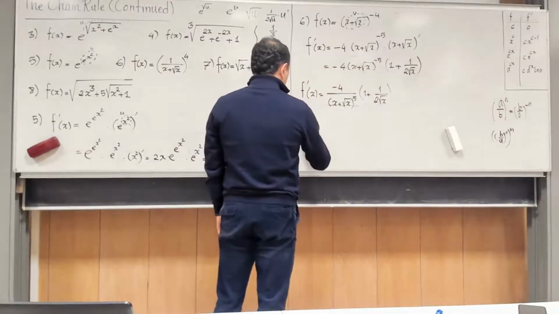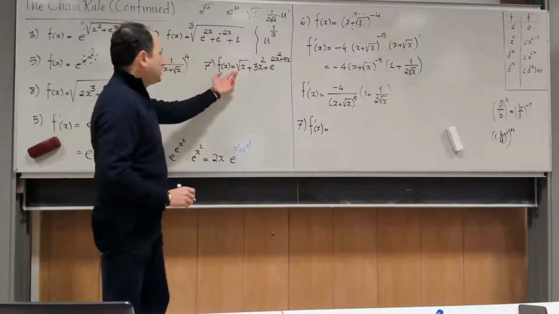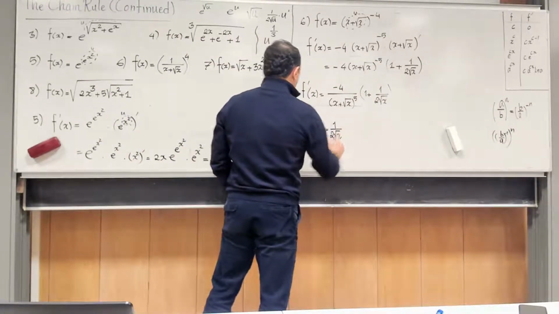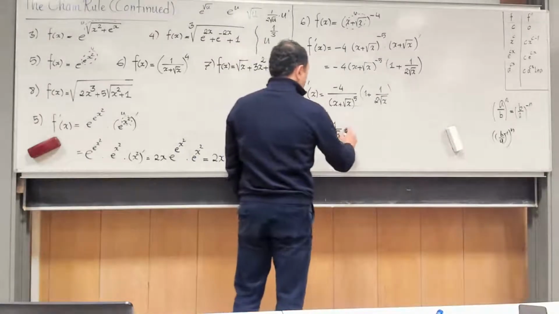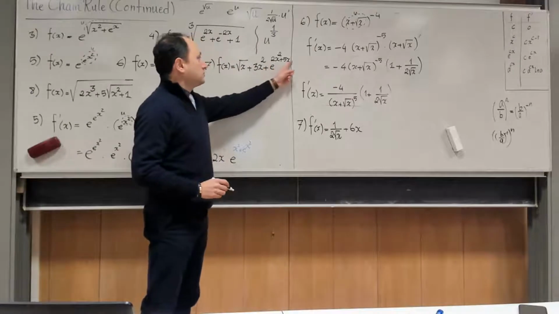So number 7, f prime of x is equal. Let us do it in our head. The derivative of square root of x is just simply 1 over 2 square root of x. The derivative of this one is also very simple. It is 6x. And then you can do this in your head. This is supposed to be taken to be